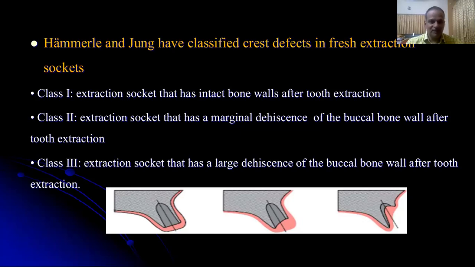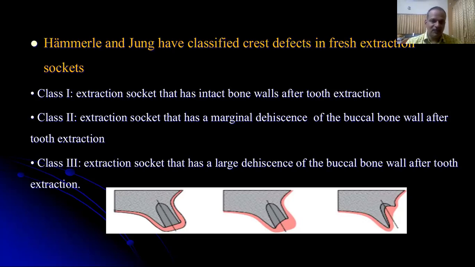When we are using the forceps, it's very important not to apply any buccolingual forces, to maintain the integrity of the buccal bone. Only gentle rotational forces can be used so that the buccal bone doesn't get damaged, because the buccal bone is the most delicate bone in this socket, and it gets resorbed very fast. So when you're doing extraction, you should not apply any buccolingual forces. Only gentle rotational forces can be applied. And in case of multi-rooted teeth, the roots can be sectioned and taken out separately.